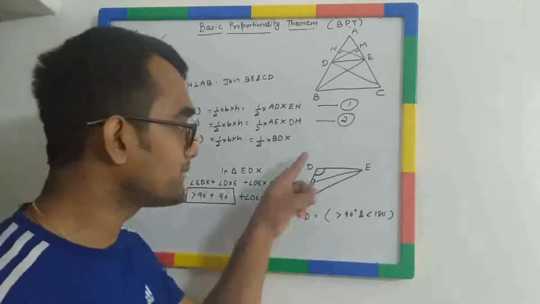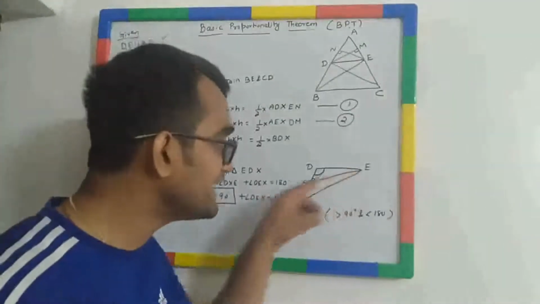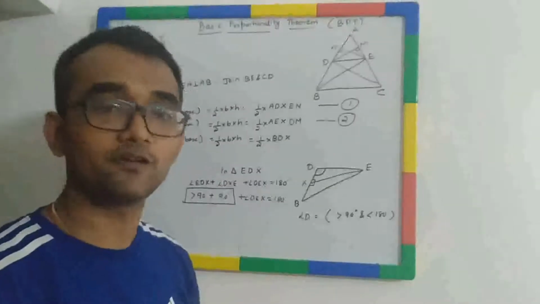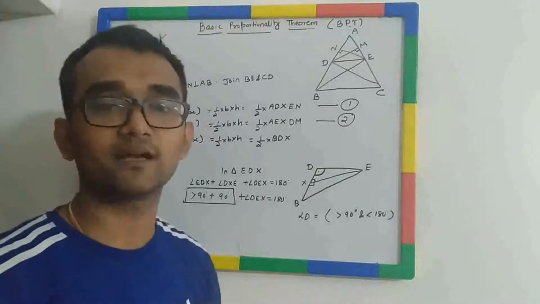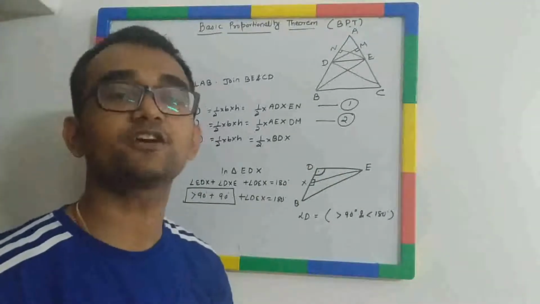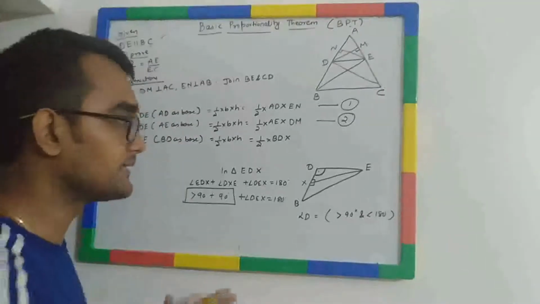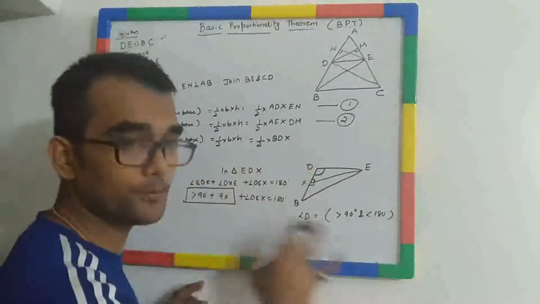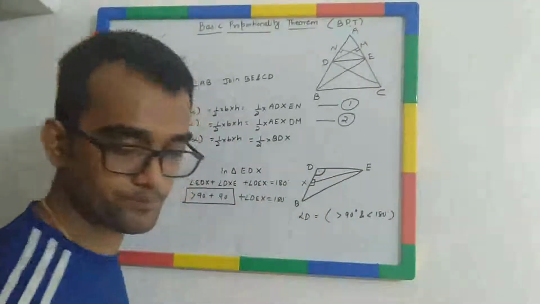Thus, in an obtuse angle triangle, height cannot be drawn in the interior of the triangle. So where will be the height? In an obtuse angle triangle, the height of the triangle will always be in the exterior of the triangle. I have told you earlier that this explanation will not be a part of the proof, so I will rub this.